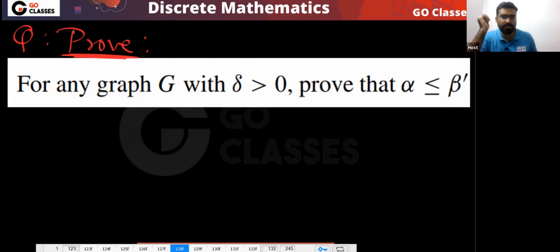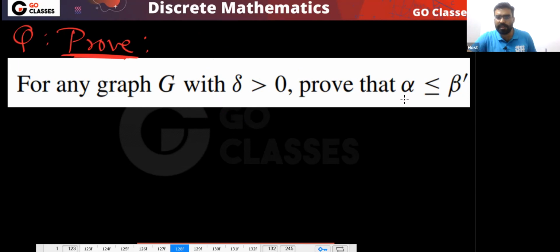So did you try this? For any graph G with delta, why this condition? Can anyone tell me? What do you think? Why this condition? Delta means minimum degree greater than 0, to define